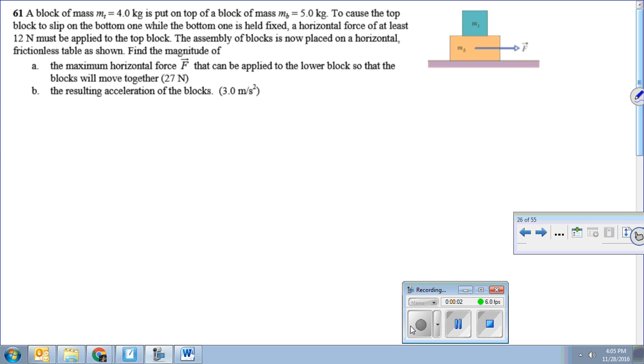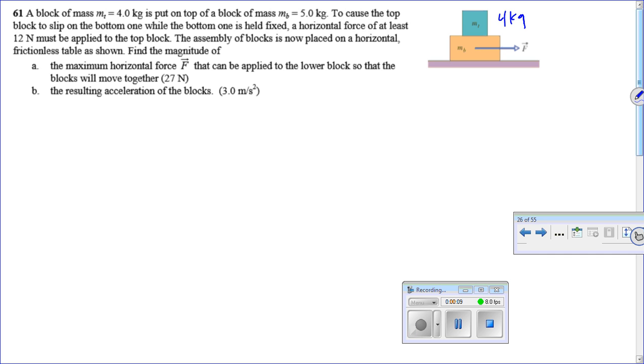All right, here we go. So we've got these two blocks. Mass number one, this guy is 4 kilograms. And we got this guy on the bottom here, which is 5 kilograms. They call them MT and MB. This is the mass of the block on the top, and this is the mass of the block on the